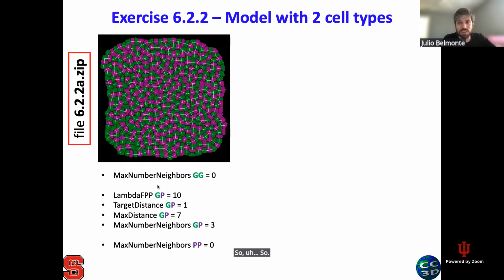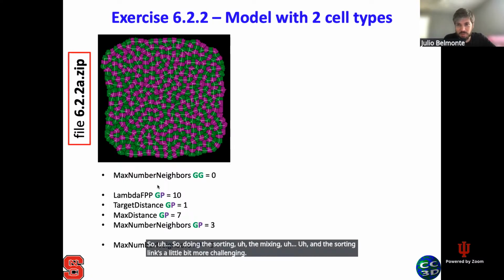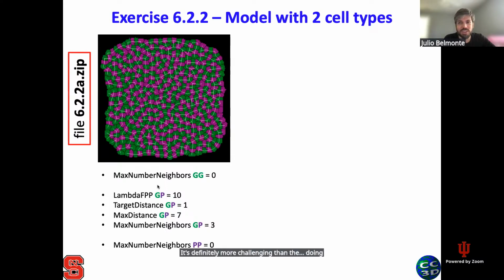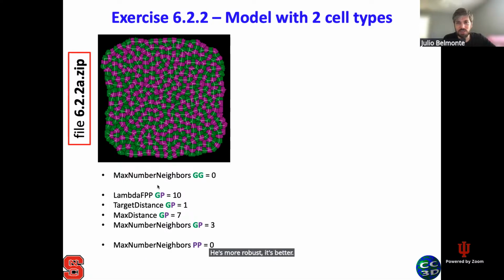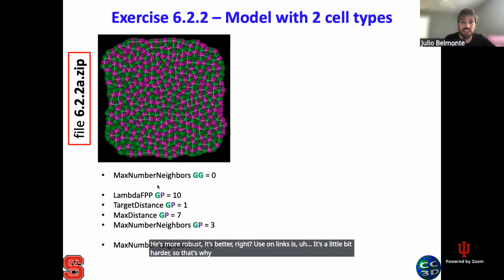So doing the mixing and the sorting with links is a little bit more of a challenge. It is definitely more challenging than doing that with cell adhesion. Okay, it's possible, but it's not that good of a mechanism, right? So changing the adhesion properties is more robust, it's better. Using links is a little bit harder, so that's why I say it's a challenge. But for the mixing part, if you use these parameters here, you should get something very close to